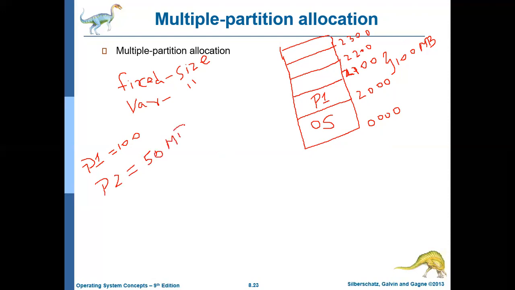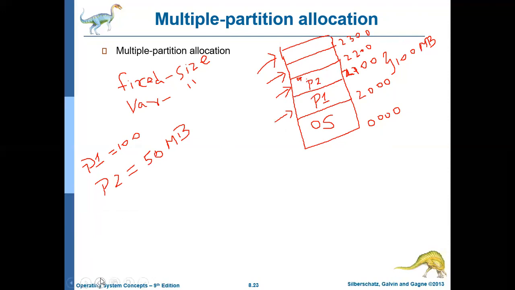So what will happen is the next available slot is used. These are called slots or holes. The partitions which are empty can be called holes or slots. Okay. So the next available slot will be allocated for P2. But here P2 is going to use only 50 MB. The remaining 50 MB will be wasted. It will not be used by anybody, because we already divided the memory into partitions. So you cannot do anything further, whether you fit the partition or you don't fit.